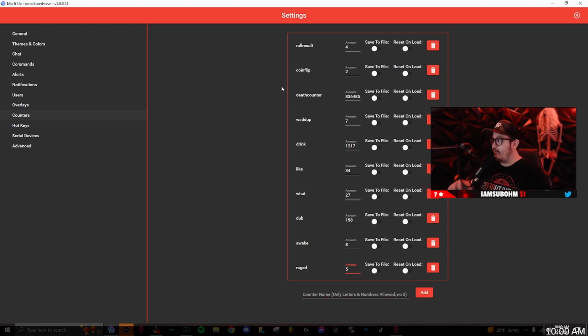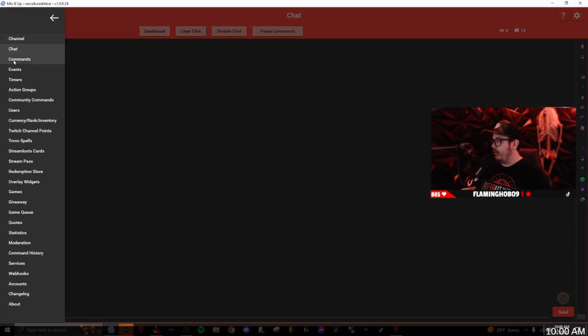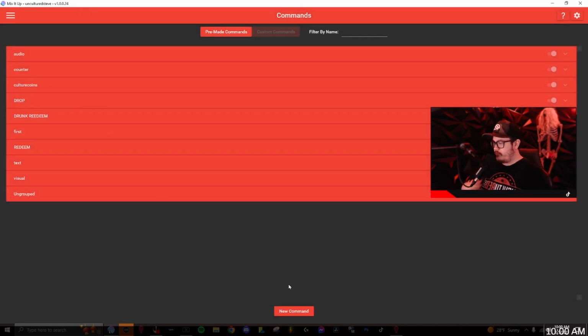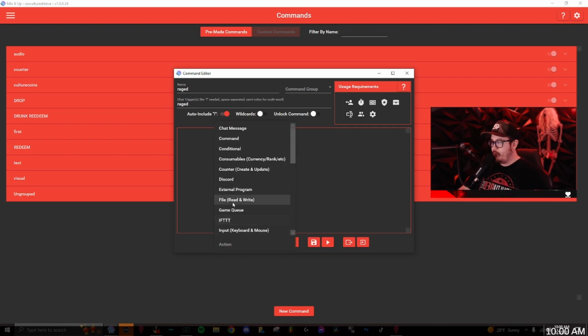So now that we have the counter set up, we're going to close out of settings, and now we're going to make a brand new command. So you want to click on the menu drop down at the top left, go to commands, and then at the bottom, click on new command. From here, you'll name it. So we're going to name it Raged, and then the chat trigger, I'm going to name it the same thing. And now go down to actions, click on